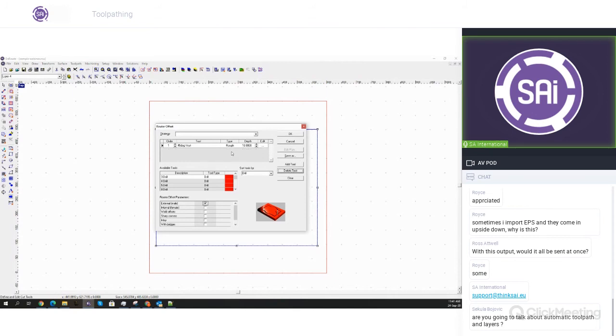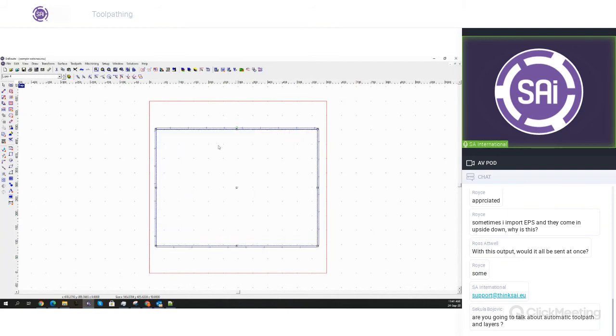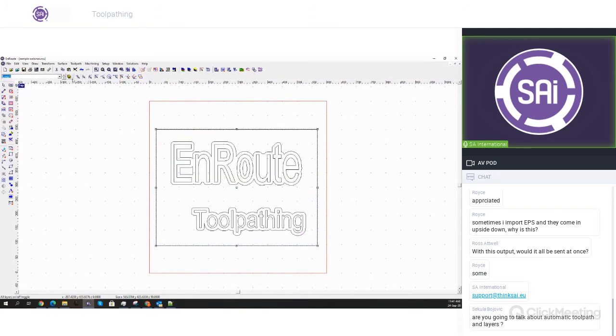So I delete this one and this one. I'll just pick an end mill here. Let's see, 10, yeah, and I would just cut to the full depth of it. Still cut out the piece, and then of course what you want to do is